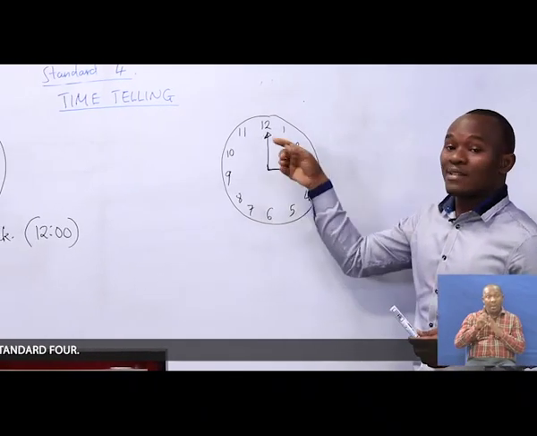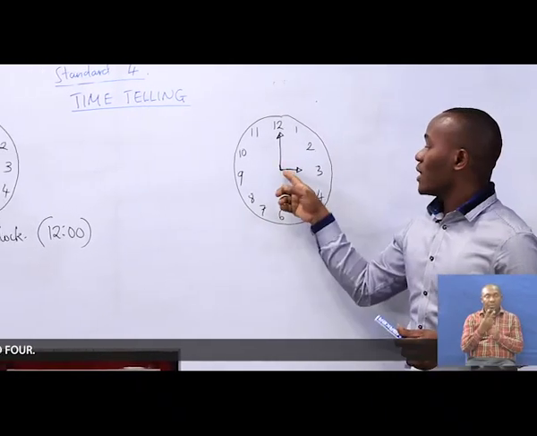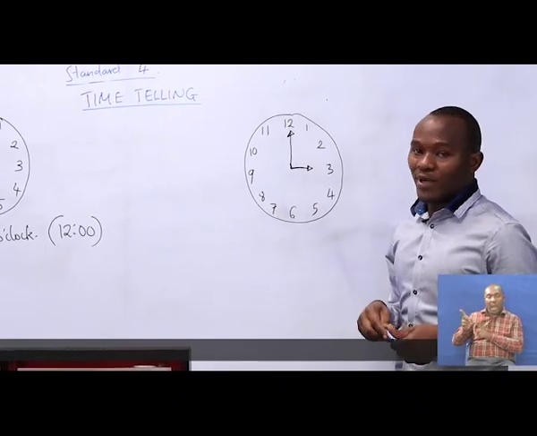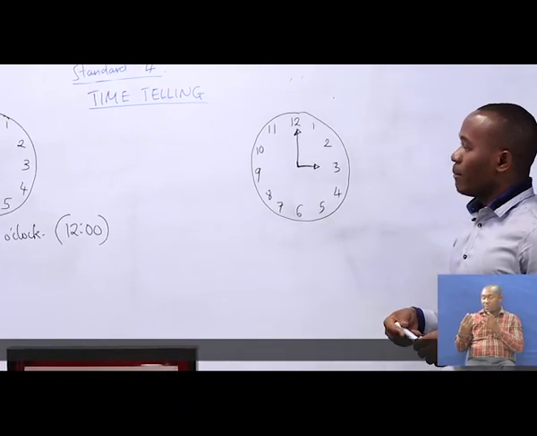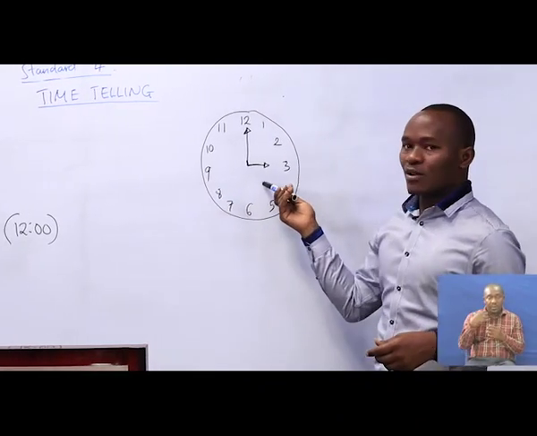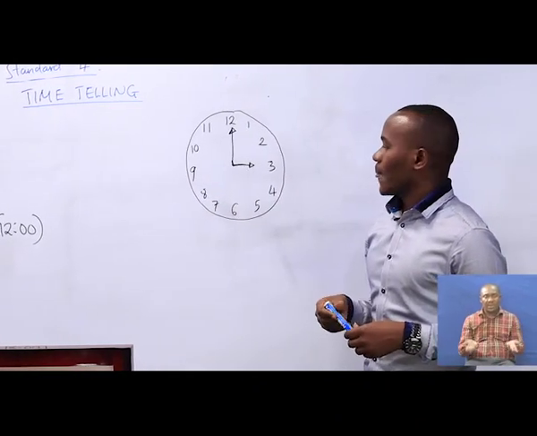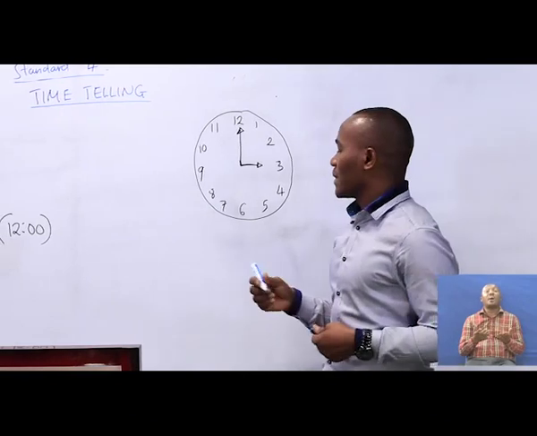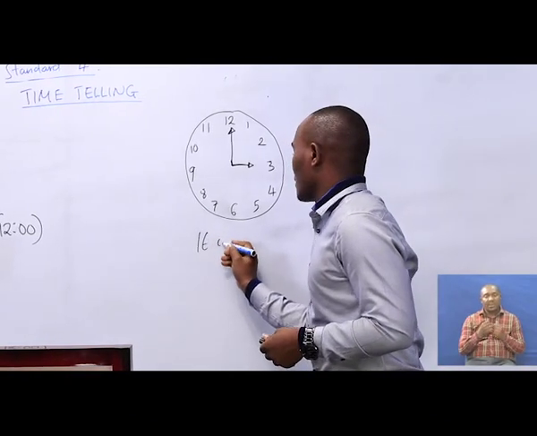The long arrow is at number 12, and the short arrow is at number 3. Yes, by looking at those examples that we have done before, what time is shown by this clock face here? Yes, it is